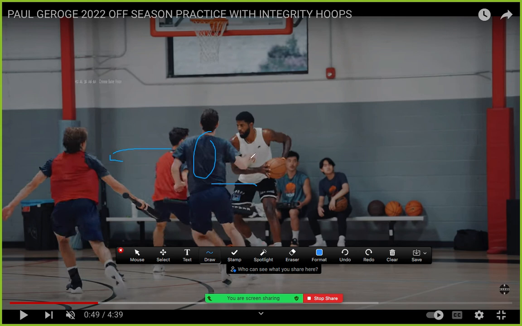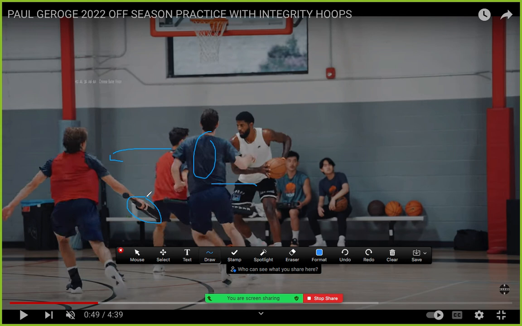I think they're going 3v3 here, whereas the actual game is 5v5. But it's a negligible difference in this scenario because the focus is on Paul George. Also, you'll notice here that the defenders are holding these props. This is to enhance their length and